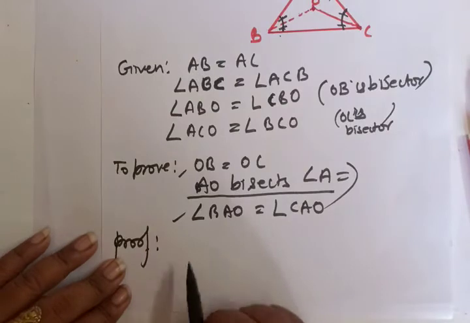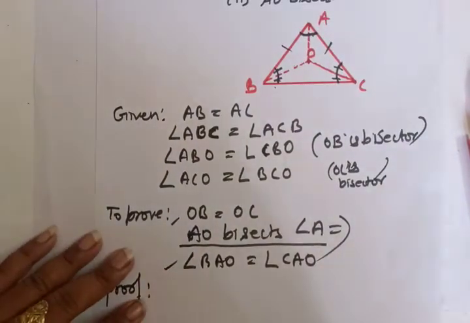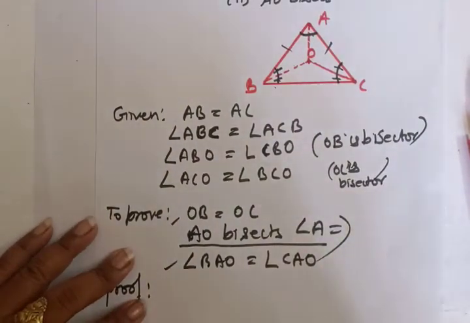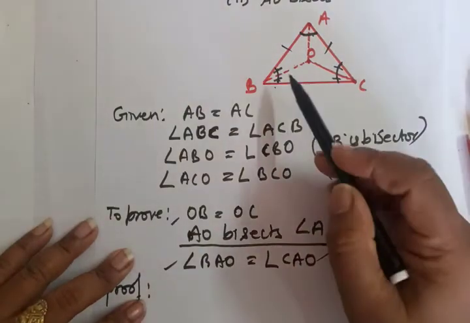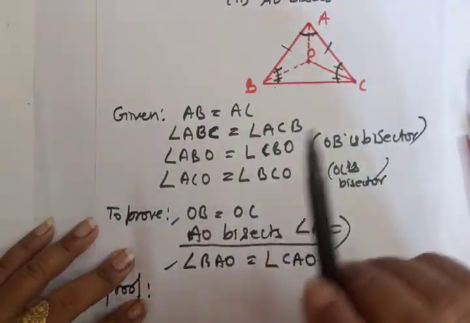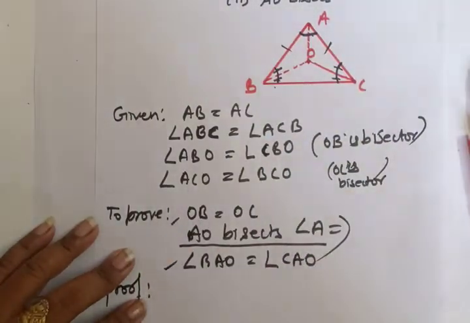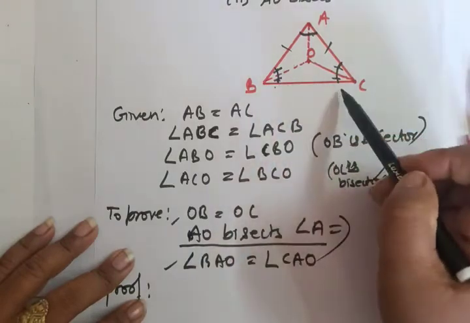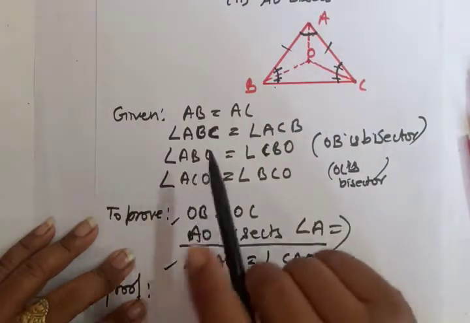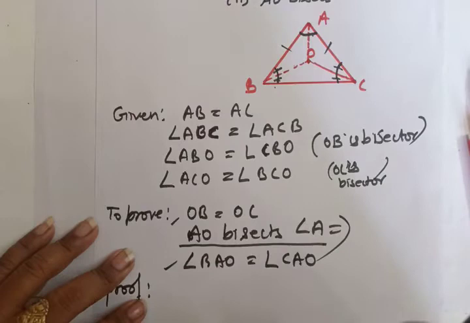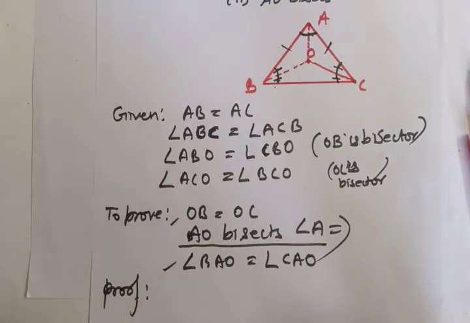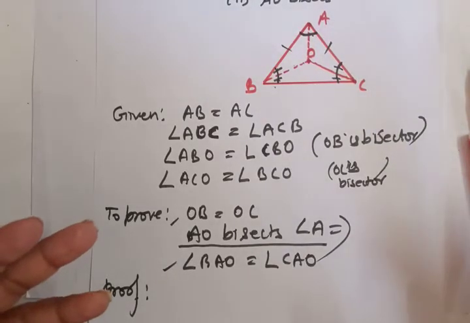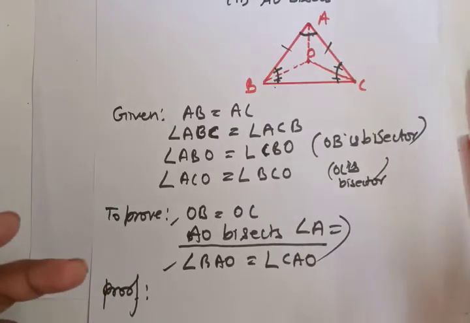Now what is proof? First of all we need to prove OB is equal to OC. So let me show you first. First of all I am telling you verbally, then I will write also. This angle B is already equal to angle C. Then if two things are equal to each other, just remember Euclid's axioms. Though it is deducted, it is given in the NCERT and every year this comes.